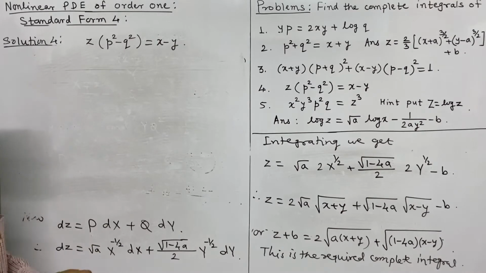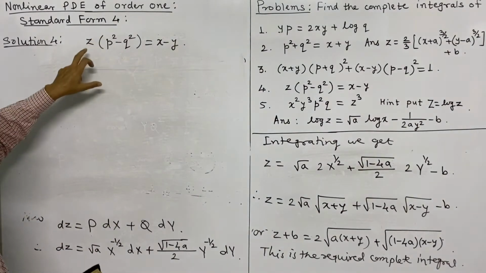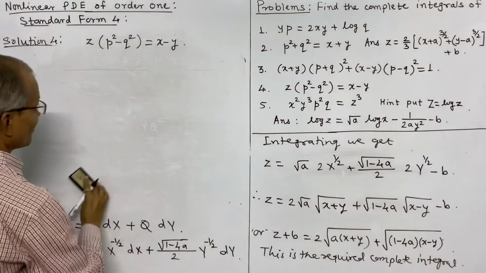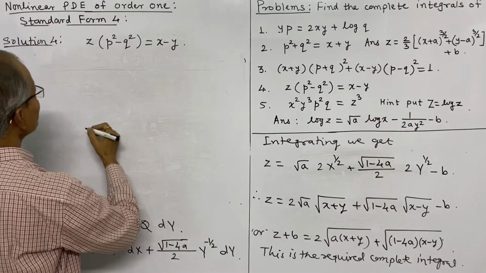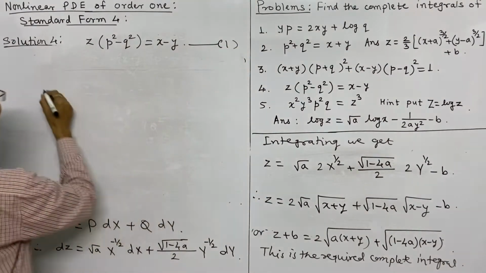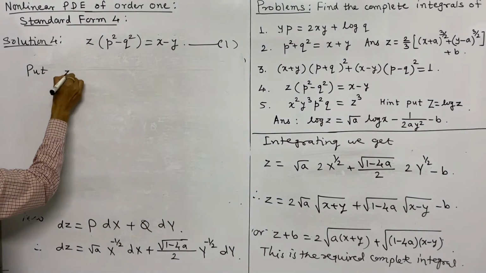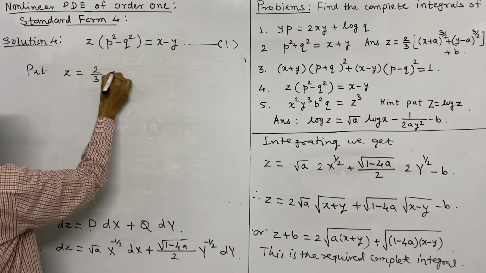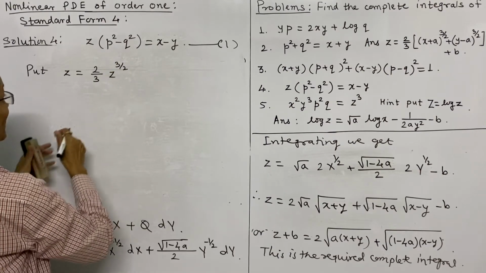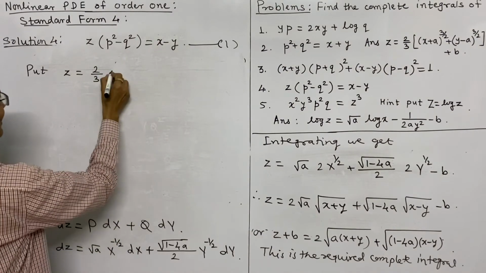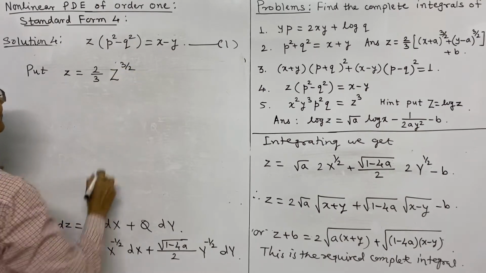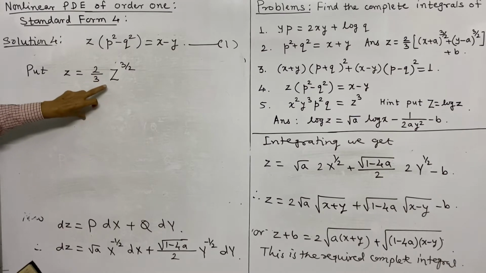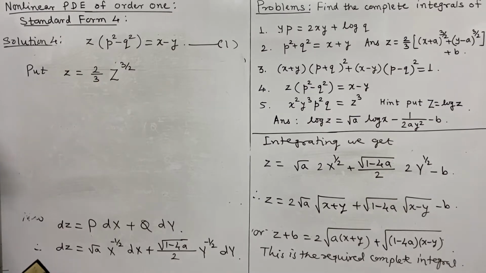Here also we have to use a substitution because it is not in the direct form, because z is involved here. To convert it into the standard form, we shall put the substitution, suppose this as 1, put small z is equal to 2/3 Z to the power 3 by 2. Now capital Z must be capital Z to the power 3 by 2. Why this is to be selected will be clear by differentiating this, because we want to get the